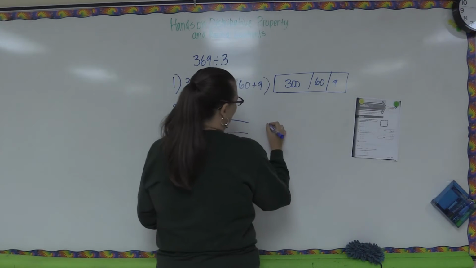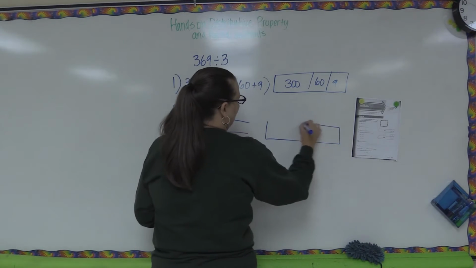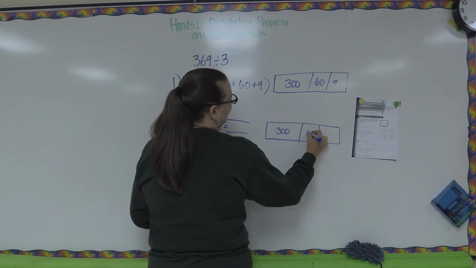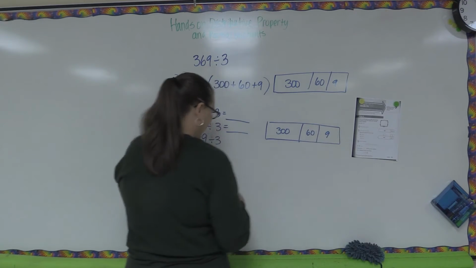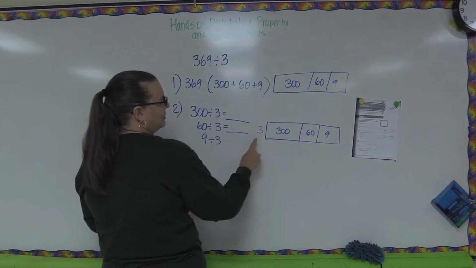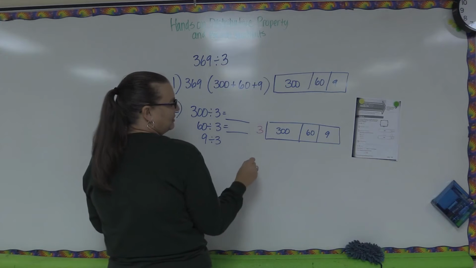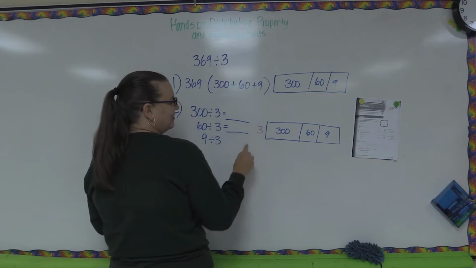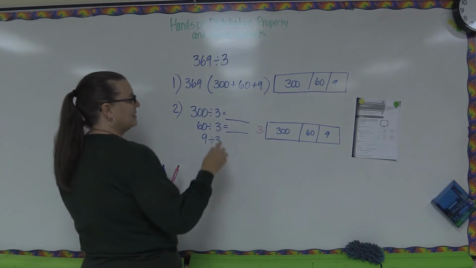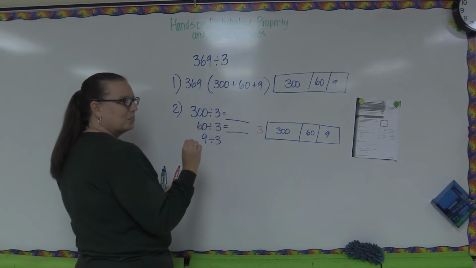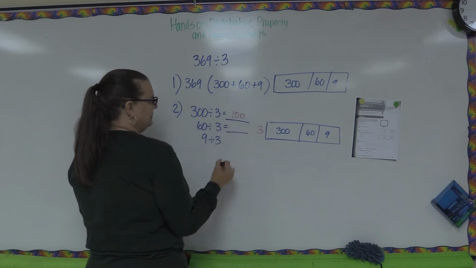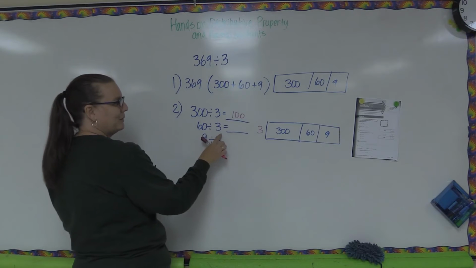It takes your original boxes. This is your 300, this is your 60, and this is your 9. And what it's doing is dividing all of those by 3. So when we take a look at this, we're going to take this 300 and divide it by 3. Most of you guys will be able to think about this and do it mentally. If you have 300s and you're breaking them up into 3 places, your answer is 100. If you have 60 and you divide it by 3,